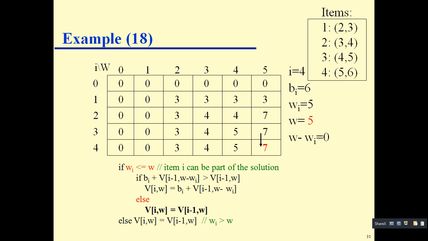Okay, so this is our final solution or the result. So what this table says, just carefully mark, right? If you have all the items with you, and the capacity of your knapsack is 5, then you have to find that index 4 5, and the cost you can select is 7.